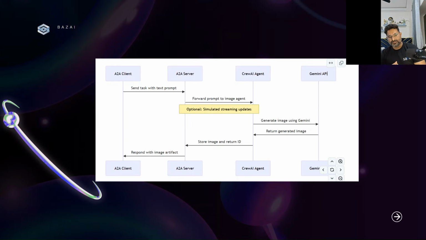But before it goes there, here is how it really works. Your A2A client sends a text prompt to your A2A server, which then forwards those details to the AI agent, and then it's going to interact with its LLM, maybe the Gemini API or OpenAI. It generates the information back to the AI agent for the scenario we are talking about, like the Apollo space mission, where we wanted to know how the research has been done, how they went.